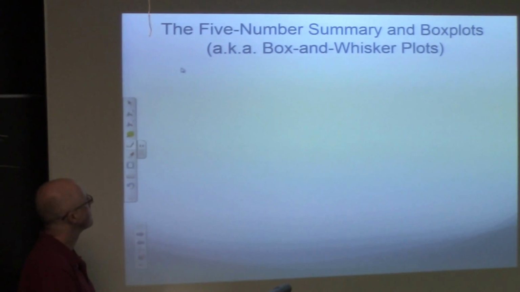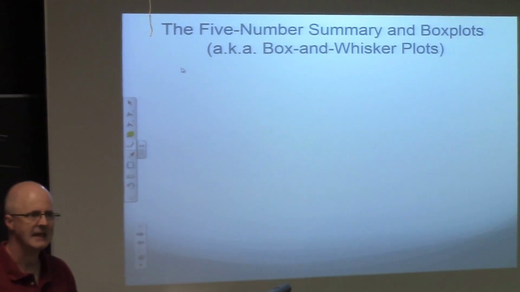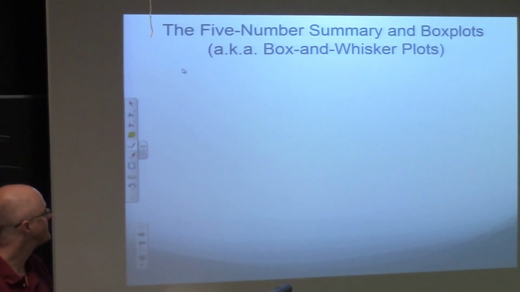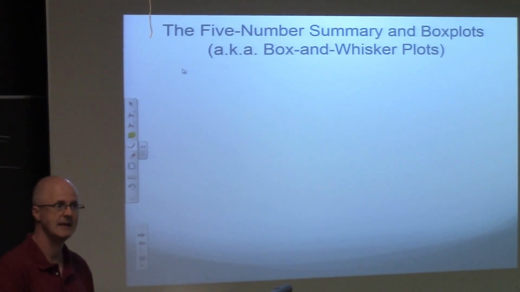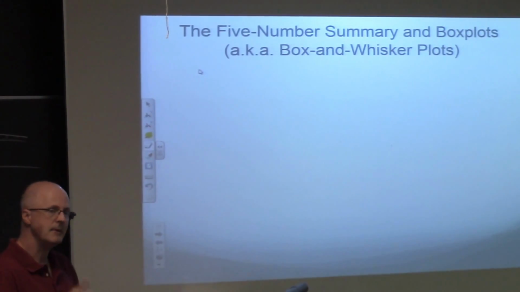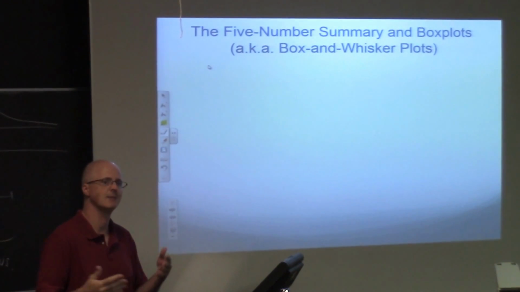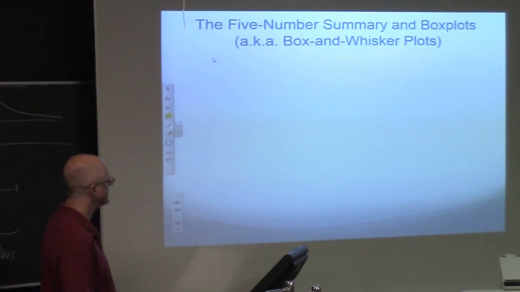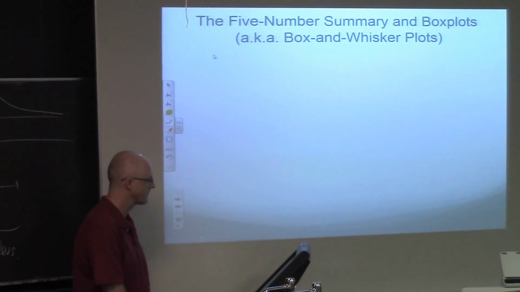All right. So mean and standard deviation are examples of statistics, and they describe center and spread. The other common way of describing center and spread is with, first of all, the median to describe the center. And the median along with 4 other numbers create what's called the 5-number summary to describe spread as well. We can make what are called box plots, also known as box and whisker plots, to see what's going on here.